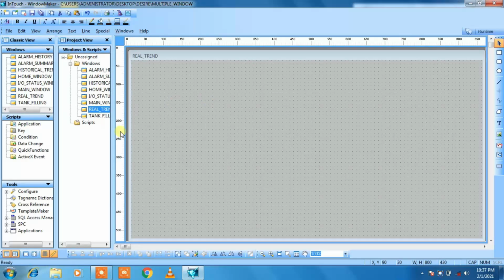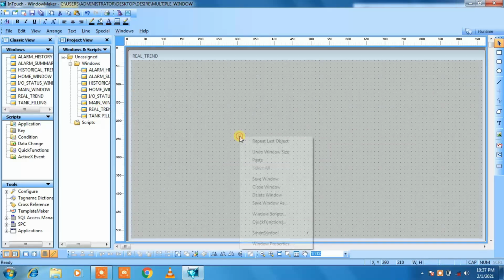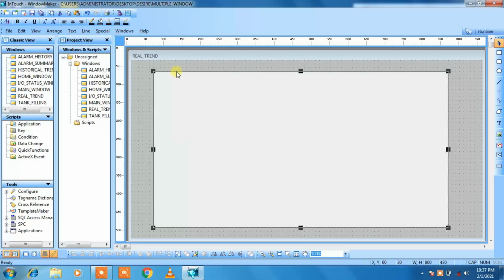As we know, we have to create a rectangular white box, so we will copy it from the previous window. Then go to the real trend and just paste it. Click on screen and you will get the rectangular white box, which I have taken for proper presentation.